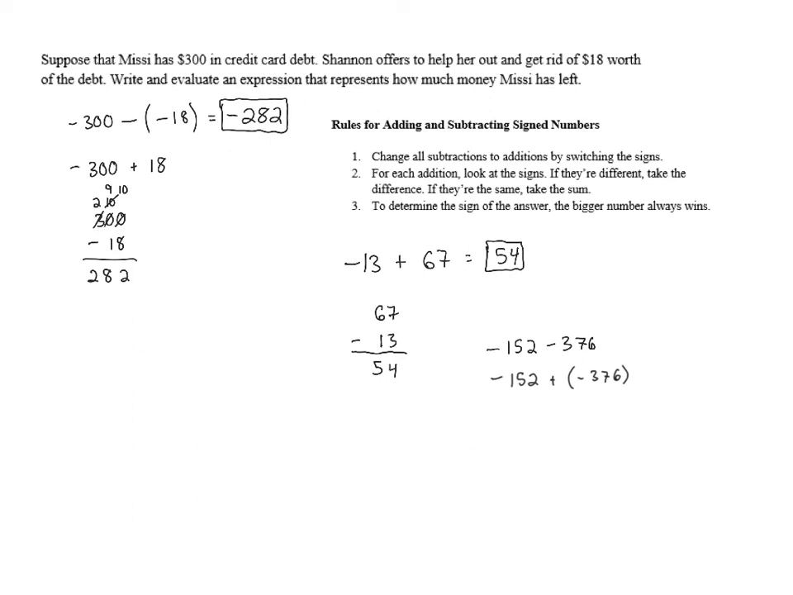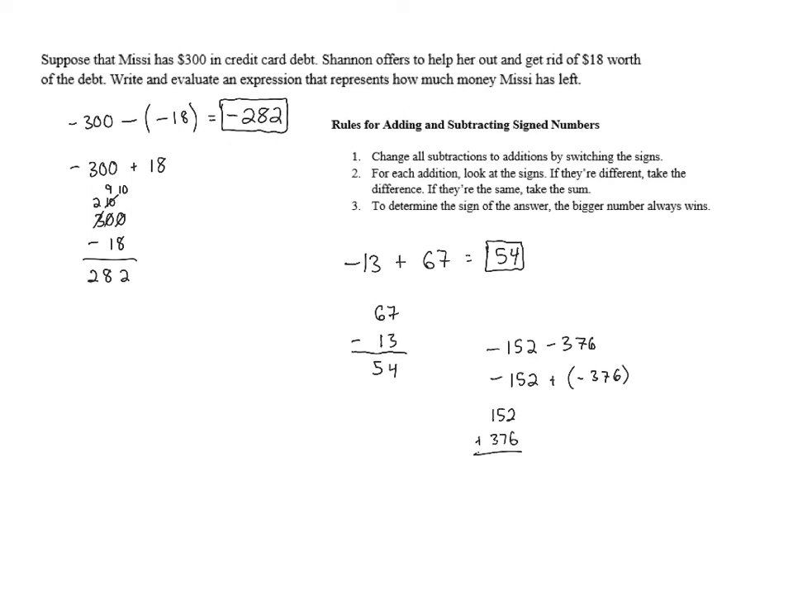Good. Now, once we've done that, for each addition, we look at the signs. If they're different, take the difference. If they're the same, take the sum. Both of these numbers are negative. So they have the same sign, which means we're going to take the sum. We're going to add them together. So we're going to take 152 plus 376,